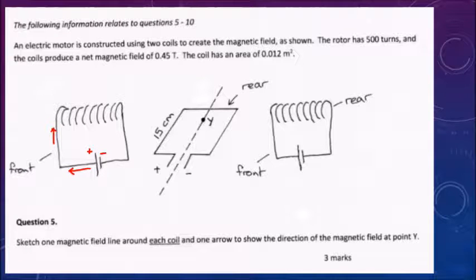If we do our grip rule, you put your thumb in that direction, and your fingers are going to be curling around, if you imagine where that wire is going, around the outside, around the front, like that. If we continue going up the coil, your fingers are going to be curling around like so. And so the magnetic field is flowing up over the top of the coil, and then it's going to be going over like this and flowing in that end, like so. The other one's going to be much the same, so it's out of that end, around, and into this